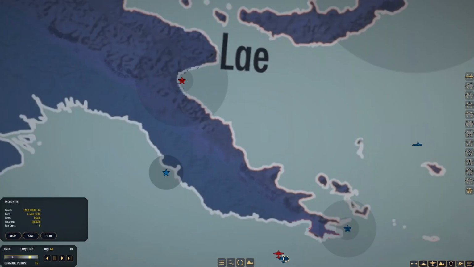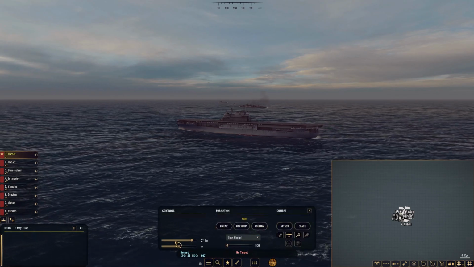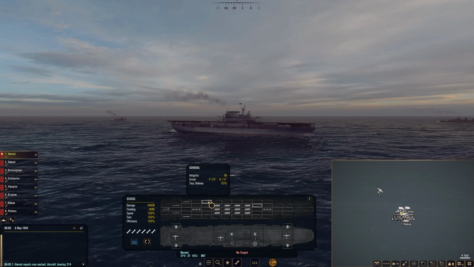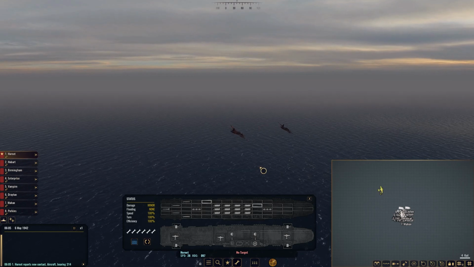All right, more planes have slipped through our defenses, and we have yet another encounter. We do have cap up. We have eight Wildcats, so we should be a-okay. But we will head in just in case. I saw Wasp had minor damage. She's okay. Or Hornet, sorry. Hornet had minor damage. She's okay. Just some minor